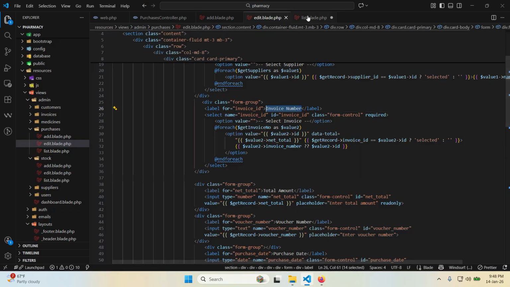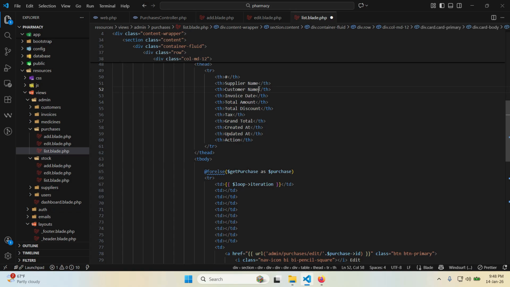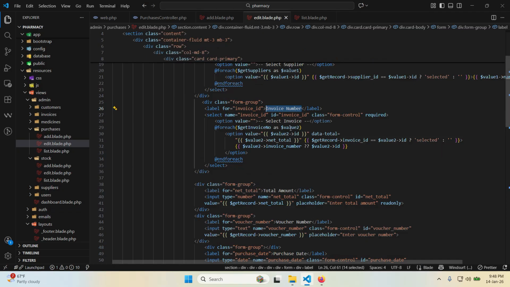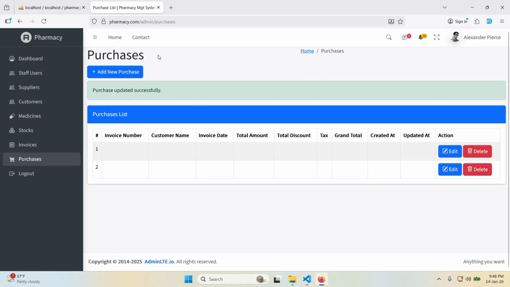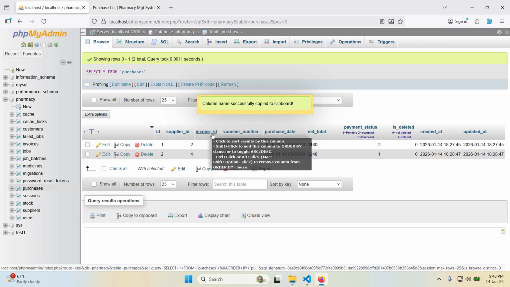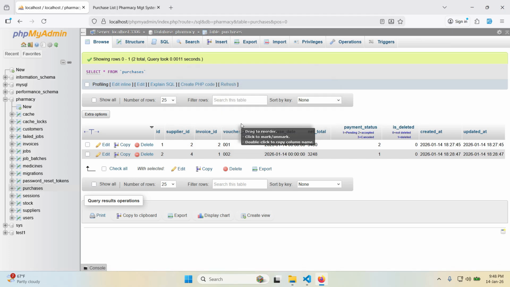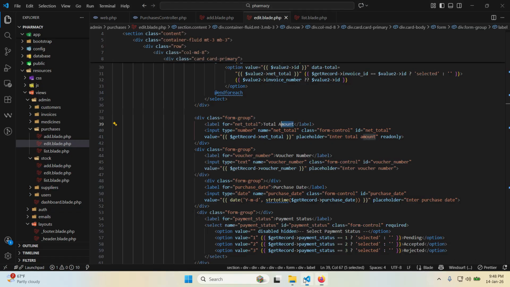Okay, so we just need that invoice number. Then we have invoice number. We have the next is total amount. Don't think we are going to do it like that. So let me just see from our database order. So we have invoice, voucher number. Okay, so we have voucher number,